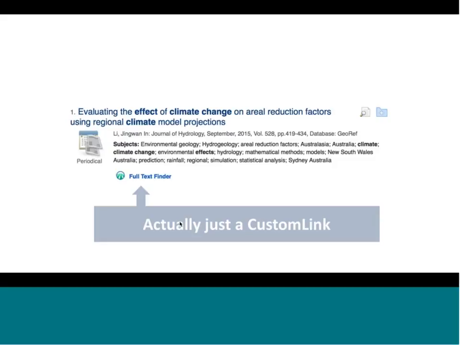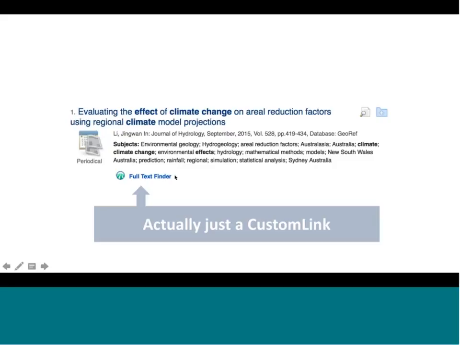Most libraries say, I only want this custom link to show up if I couldn't find a better link. If there's no smart link, there's no Smart Links Plus, there's no custom link that was provided by a journal publisher, then fine. We'll go ahead and show the full text finder link. But then, and only then, if it's actually a part of our library's collection too. So I don't want to show this for every single result that doesn't have a better link. I only want to show it for those results that will resolve to full text because I know it's a